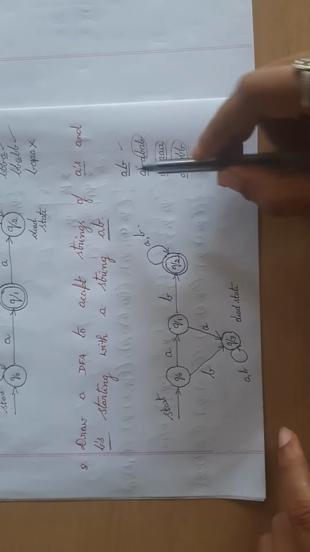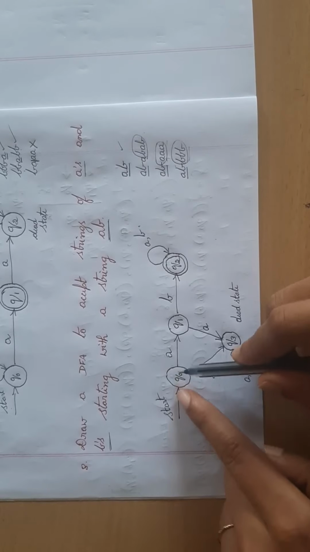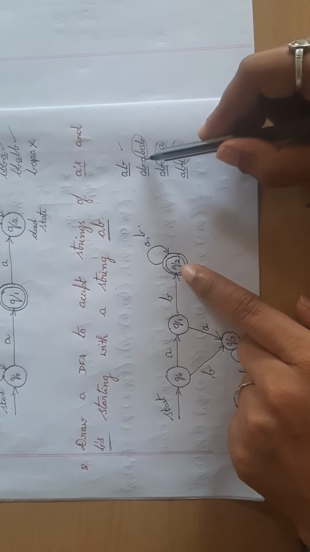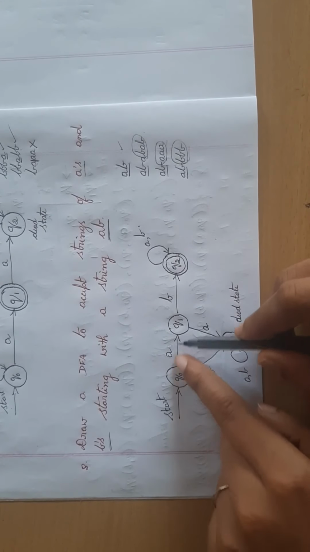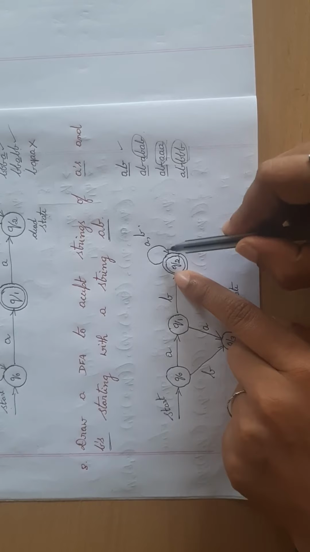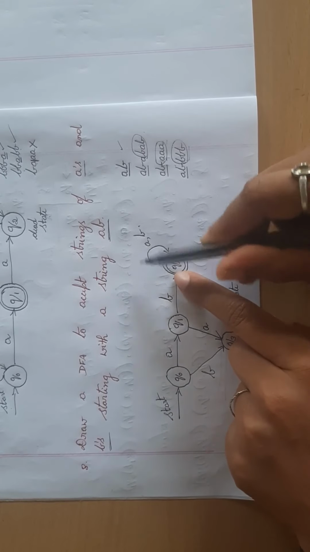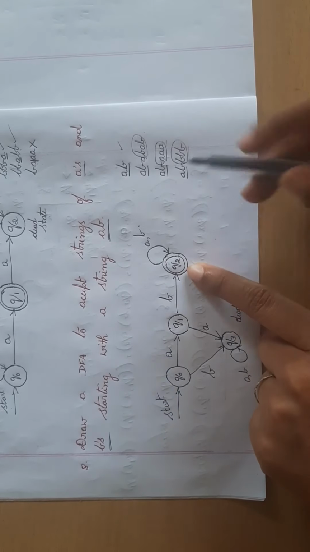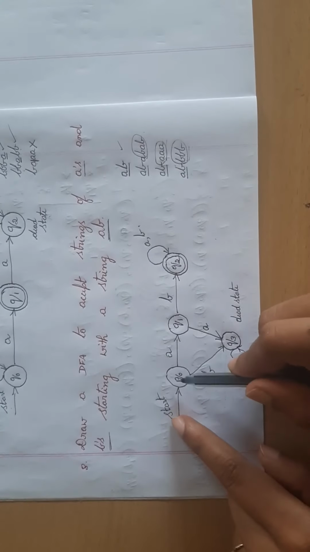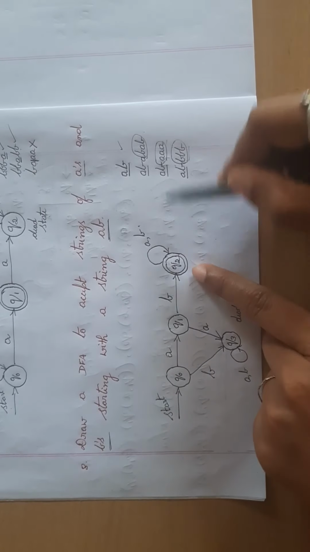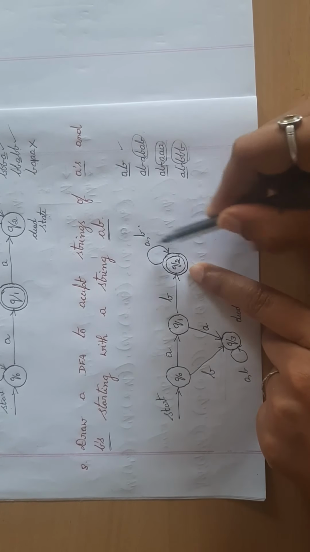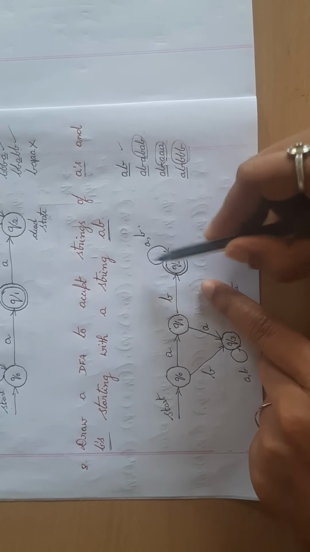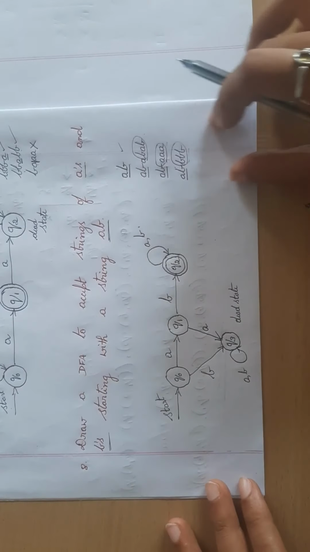We shall check the possibility. So first one is AB. It will start A, B, it will stop. I'm done with this. Next AB, AB. So it will start A, B, final state. So only if it is final state, it means that the string is accepted. Next one is AB, start A, B. I can have any number of A's. Next possibility, A, B. I can have any number of B's. Likewise, you should check for different possibilities.